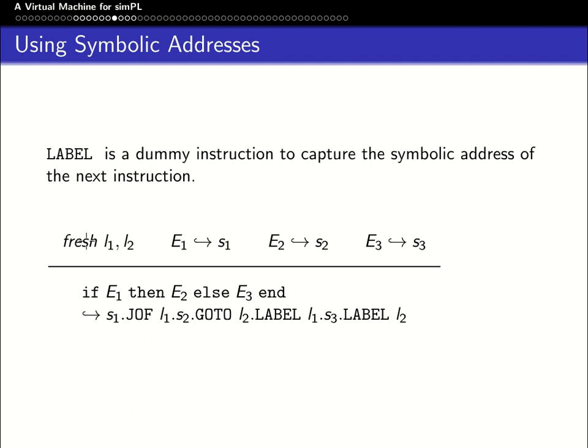So if I'm going to say go to L2 here, and label L2 is here, this will go from here to here. But later, the intention is to replace this L2 by the actual address. And then this label instruction is going to disappear from the code. All right? And then the problem is that, you see, if I have the S1